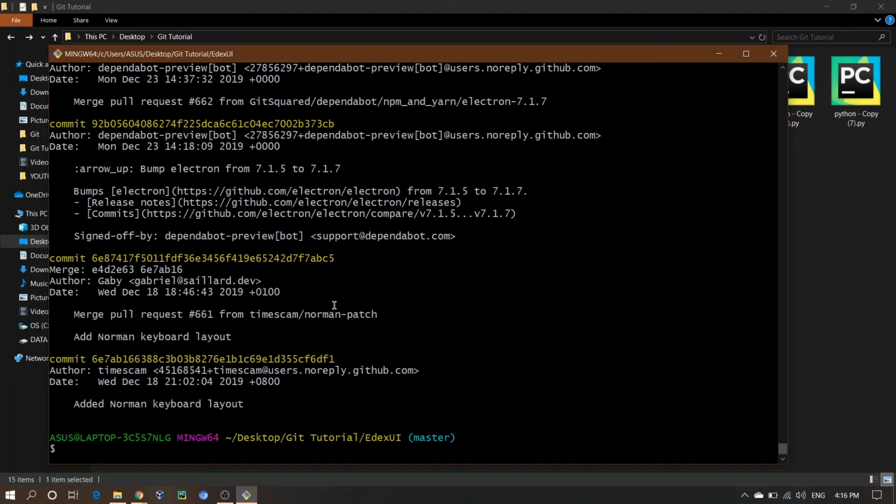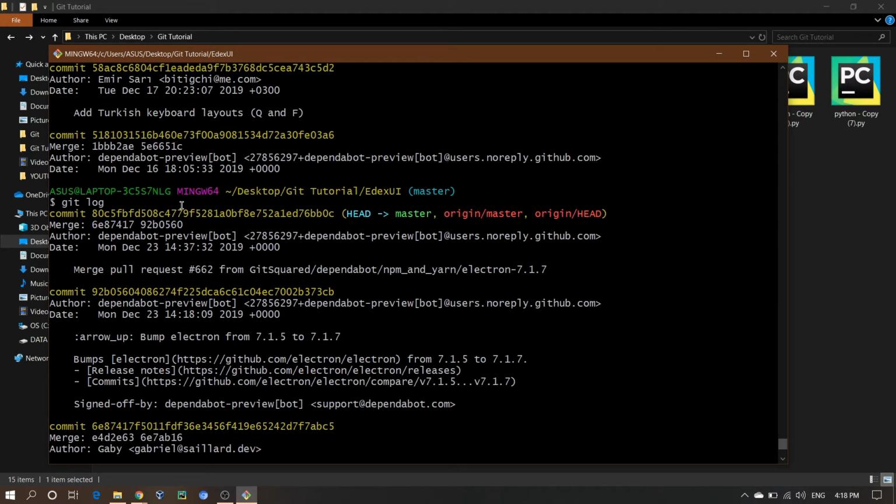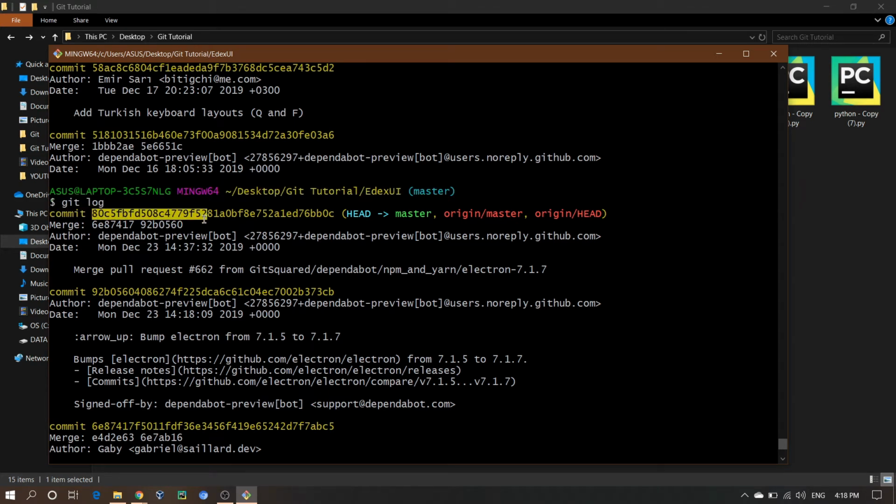In the previous tutorial we already learned some basic commands with git log. In this tutorial we will learn how to amend a new change into the previous commit. Suppose you can see in our previous tutorial we already did this. Suppose this is the commit, and after doing this commit you find out that you made a mistake in something,